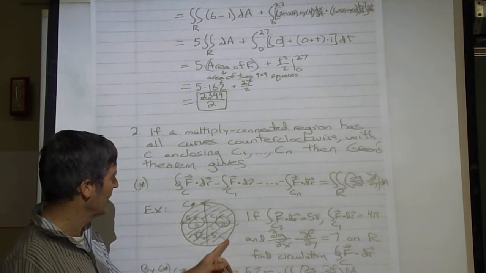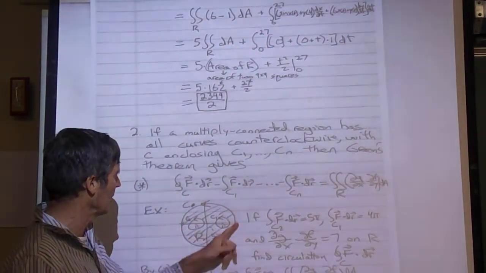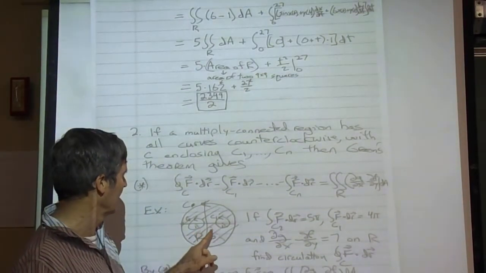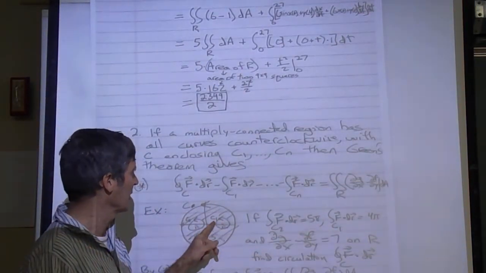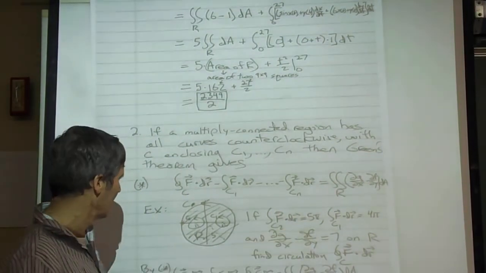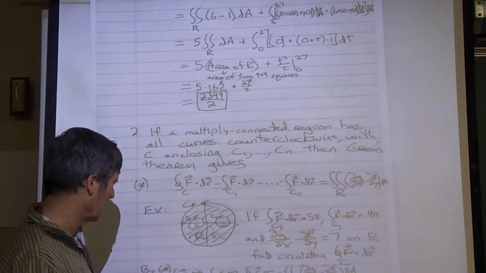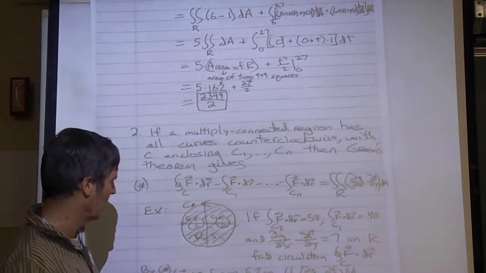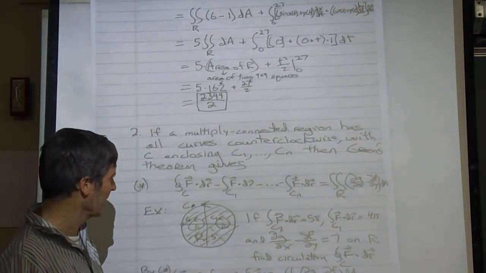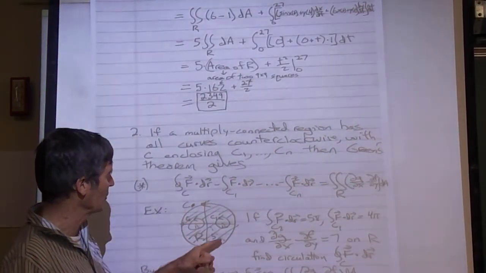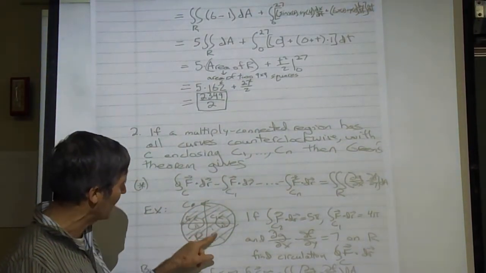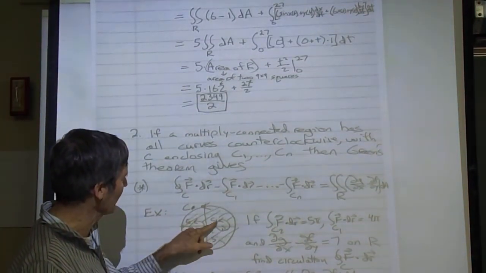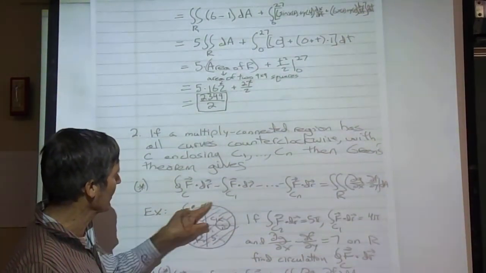Suppose we want to calculate this line integral, and we're given that this line integral happens to have value 4 pi, and this line integral happens to have value 5 pi. Then we know that the line integral we want, minus the 4 pi result, minus the 5 pi result, is equal to the double integral over this enclosed region. Now, if this is a circle of radius 5, I tried to mark it here, sorry for the oblong circle, and these are circles of radius 1, then the area of the region,